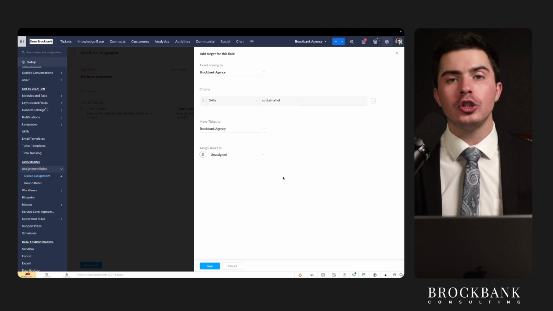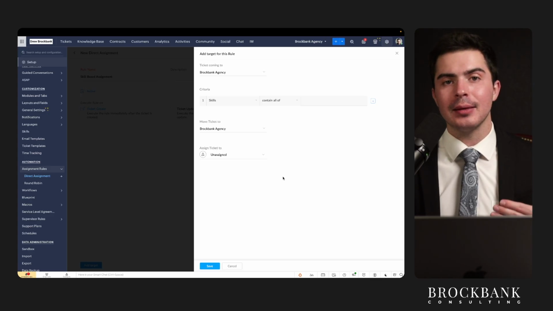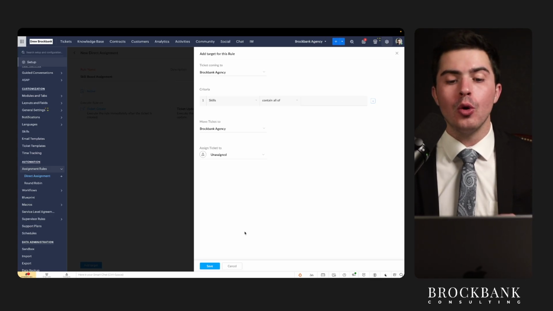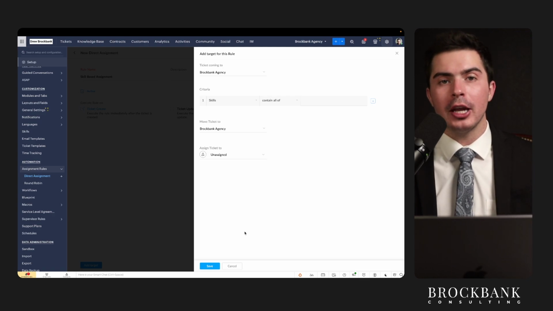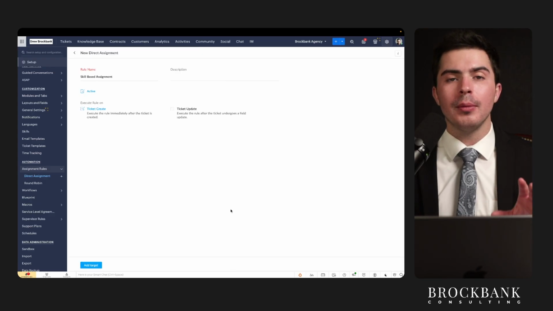Also, if you wanted to, you could do an initial assignment to a manager and they can analyze the ticket themselves and then determine the skill and then hand it off to another customer support rep, which is another popular way of doing assignment. Initially, assign everything to a manager, then the manager distributes it as well. So choose the automation that best fits your needs for automatic